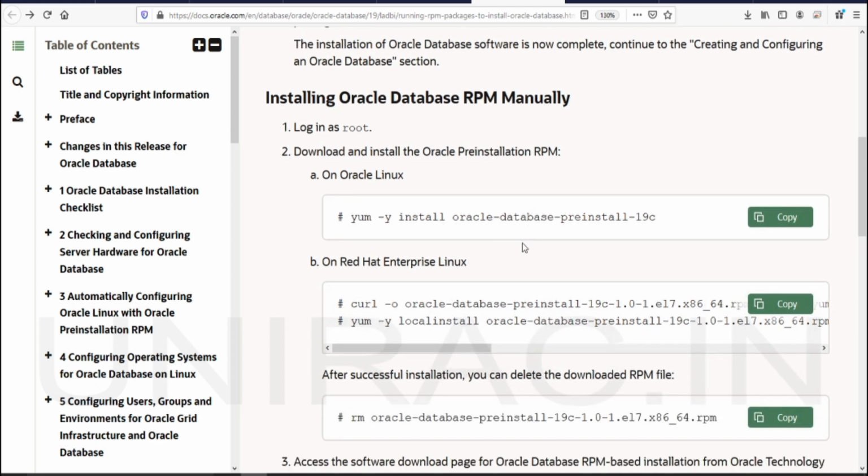So this will help you fix the prerequisites for your 19c RPM on either Oracle Linux 7 or Linux 8. Okay guys, we'll move to the lab session.